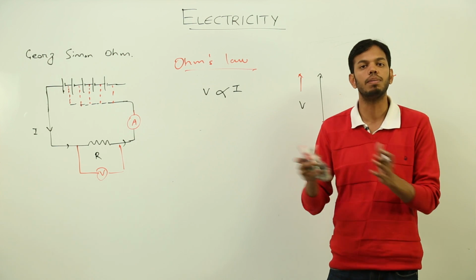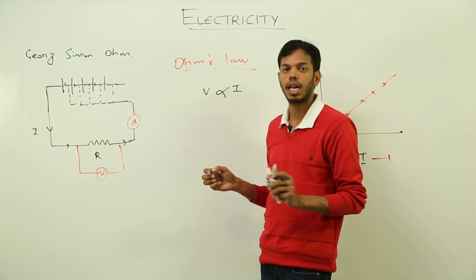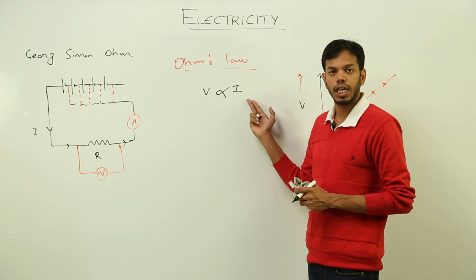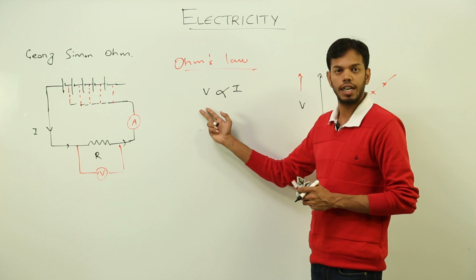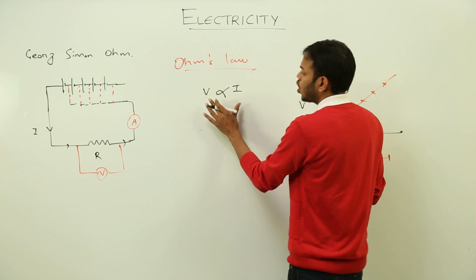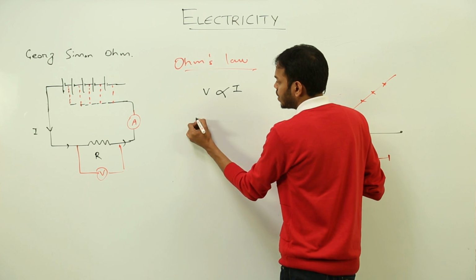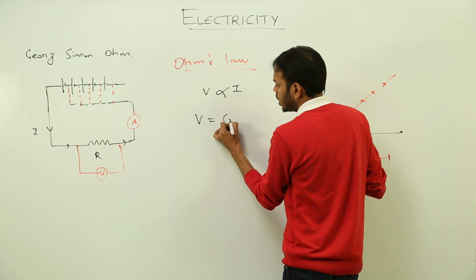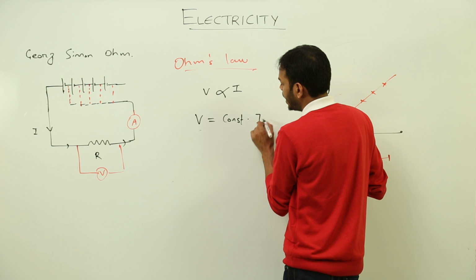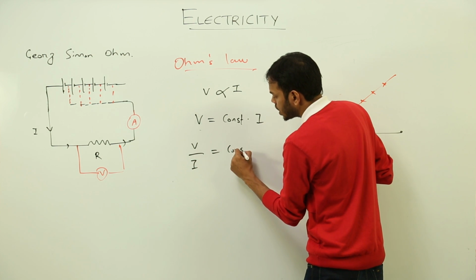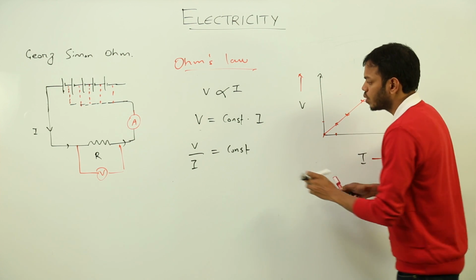Some books follow one, some books follow the other. Both these statements are absolutely right. So I'll say it again. Current flowing in a conductor is directly proportional to potential difference applied across it. This is called Ohm's law, the statement which I just gave you. So that means V is equal to some constant times current. Current goes to the denominator side. V upon I is a constant, and this constant is known as